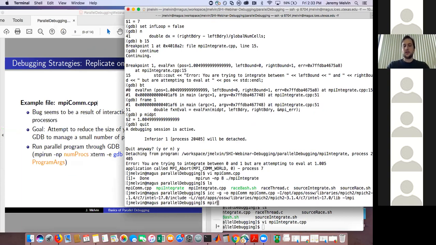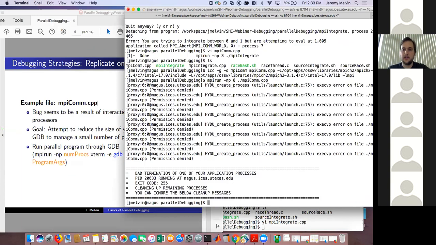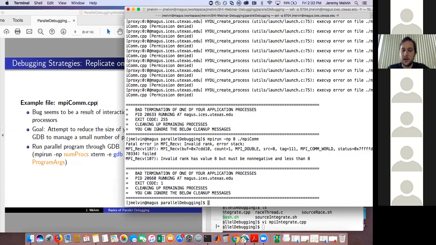All right, so let's say I want to run this program on 8 processes again. So I go to run it on 8 processes, and you can see,